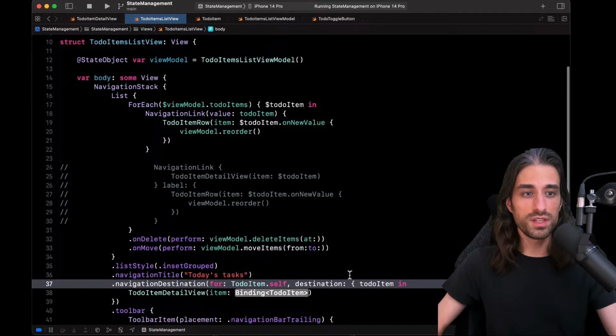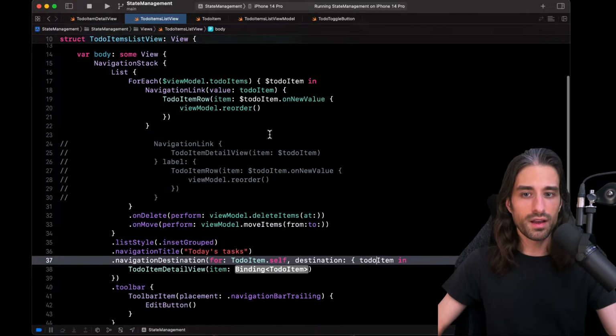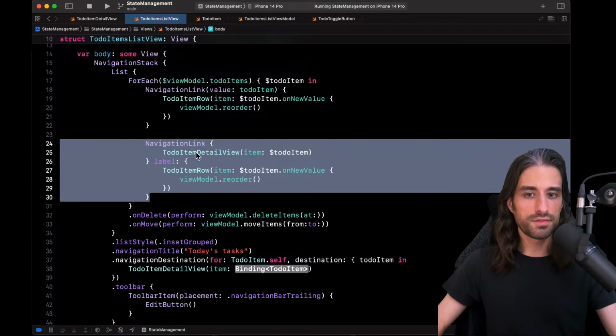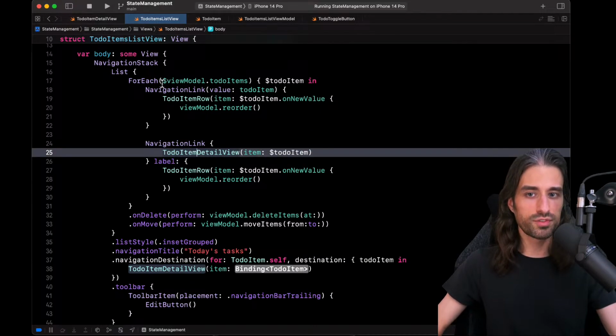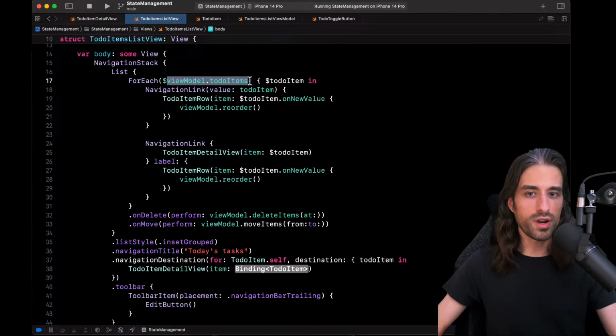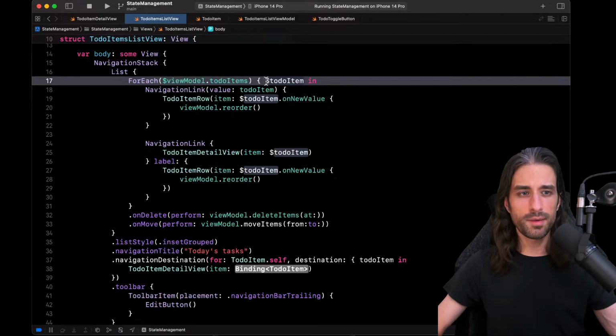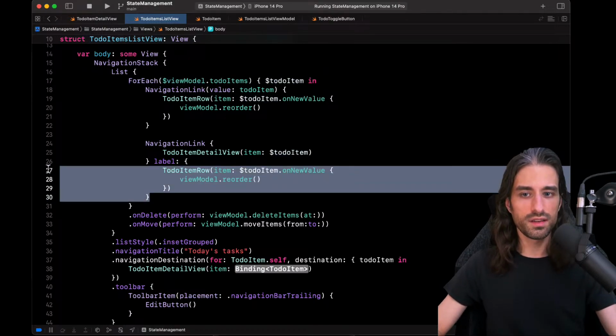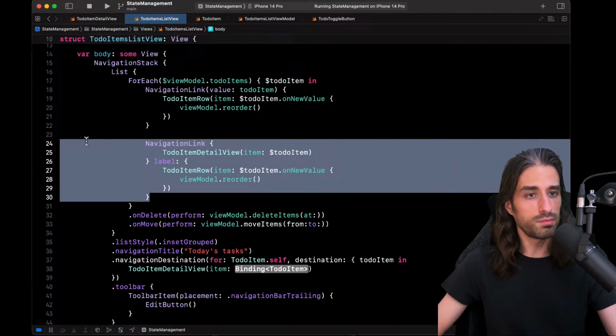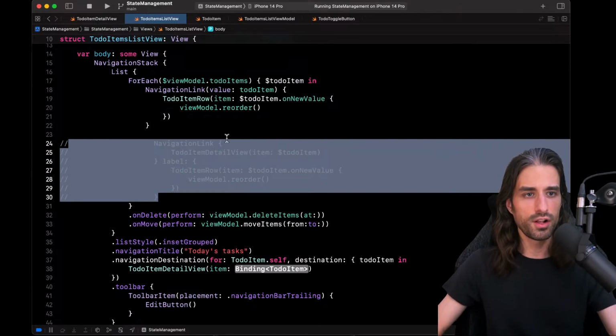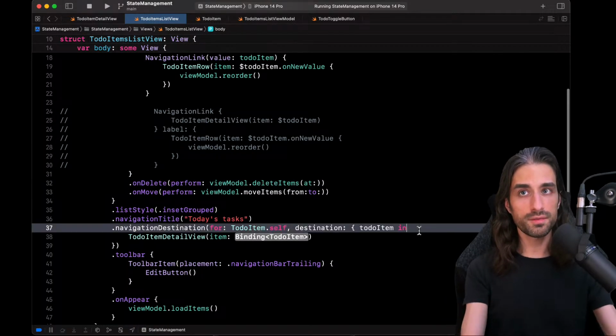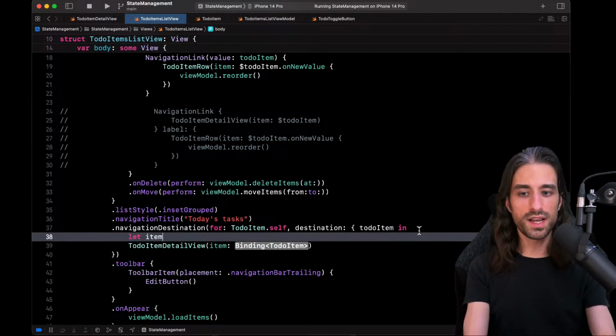And basically this means we need to manually do what was implemented for us for free here. For here we were able to say, okay, I have my array of to-do items in my view model, and I want to get a binding to each item of the array. Here we're going to have to build it ourselves, which is still interesting because it's always interesting to see what the compiler does under the hood for us. So what does it look like to create this to-do item binding?